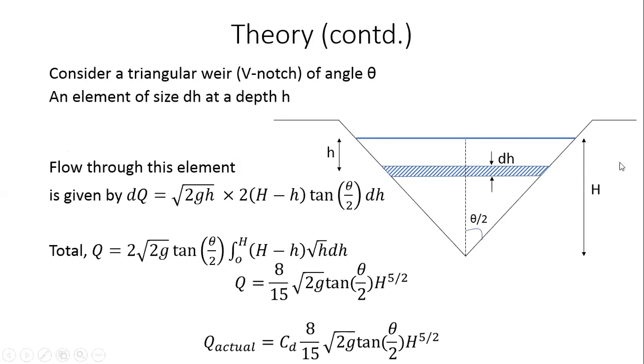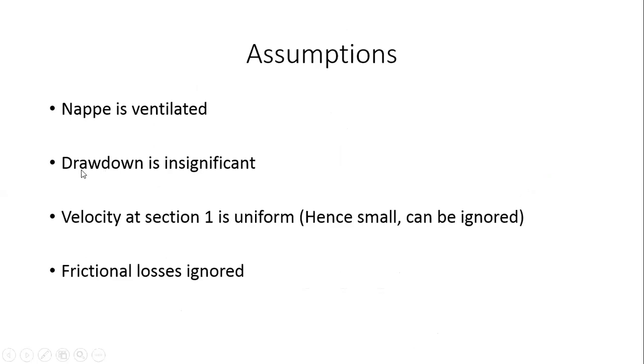But if you remember, at the weir, there is some drawdown. So this capital H actually becomes something lesser at the weir. But since we don't make the measurement at the weir, we measure capital H behind the weir at some distance, we are assuming that this drawdown at the weir is so insignificant that we can ignore it. But that is why you have the coefficient of discharge, because whatever assumptions you're making have an impact on your prediction, which is okay, right?